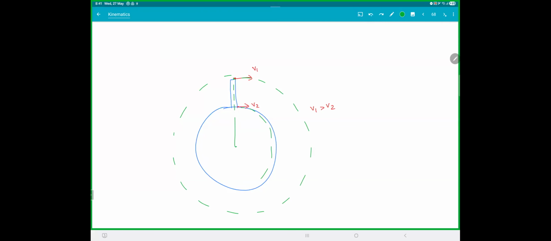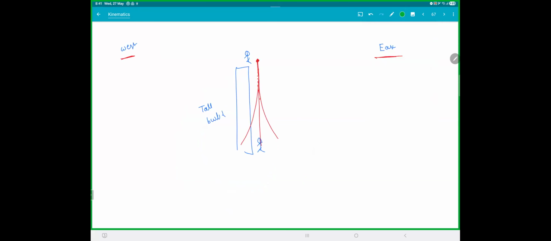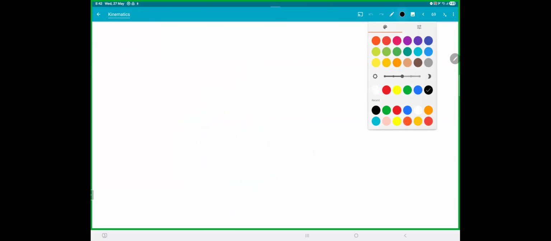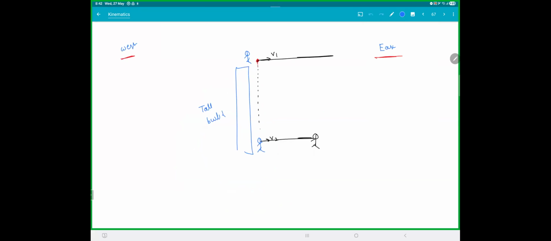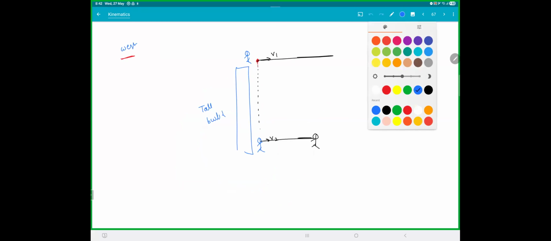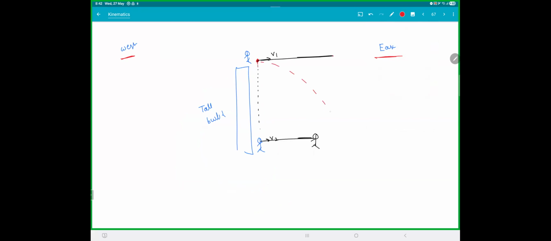Is that clear? That means when you throw the stone, now see what happens. The moment you drop the stone, even though it looks like it is at rest, in reality, it has some speed, right? V1. And I have a speed V2. Now, by the time the stone falls down, the stone would have traveled more distance. I would have traveled less distance, isn't it? With respect to the earth, meaning if I draw the figure, the picture will look like this. I know there's a curvature, but if I'm ignoring it, that means this stone will actually come and fall in front of me,